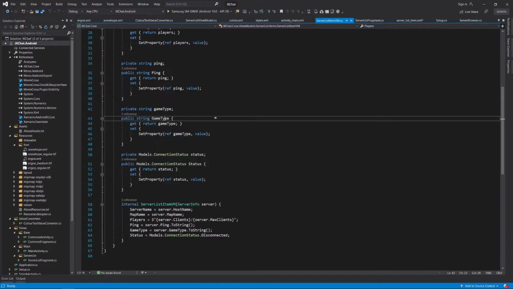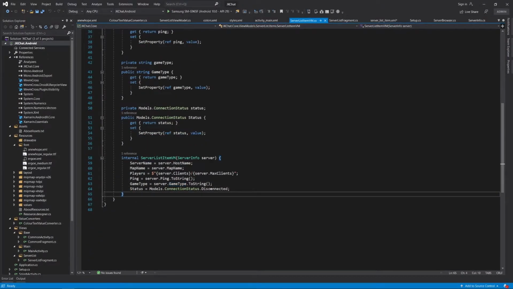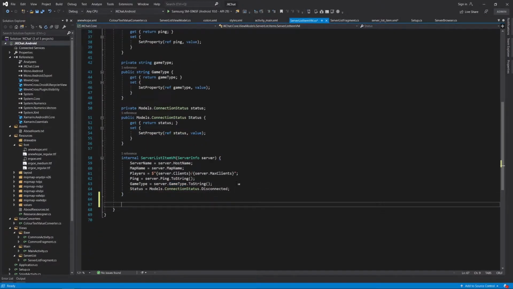Oh, I'm using string. Okay, let's convert game type here. Game type